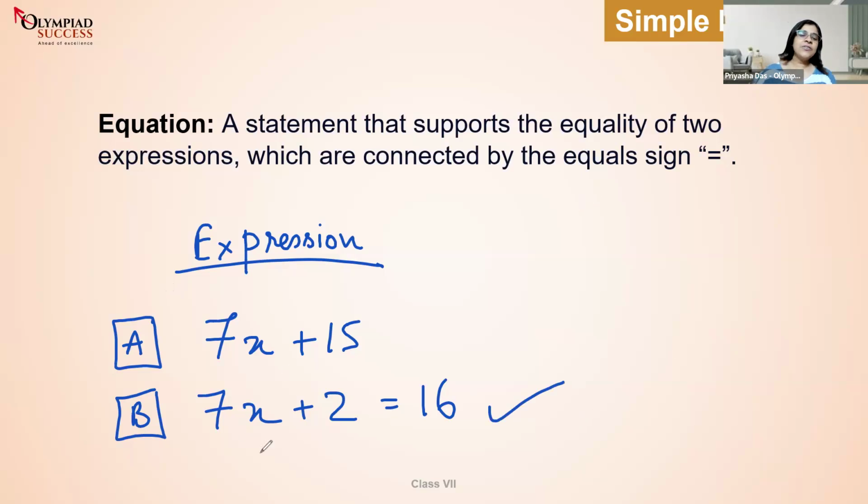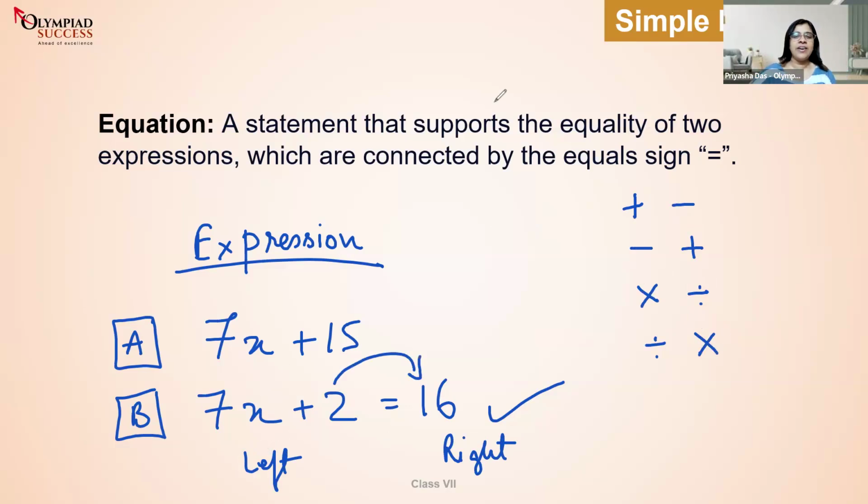By the way, let me tell you, this is the left hand side and this is the right hand side. There are various theoretical ways of calculating the answer. But I do it in a very simple way. I don't go by the theory, though I'll teach you the theory. Plus becomes minus, minus becomes plus, multiplication becomes division, and division becomes multiplication whenever we do any shifting from here and there. That means we shifted from left to right, right to left, like that.